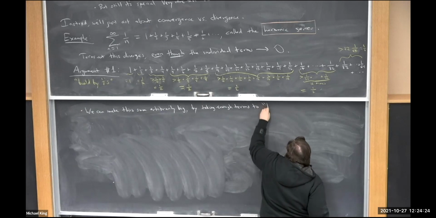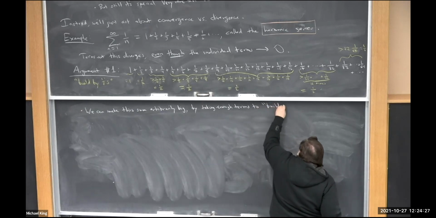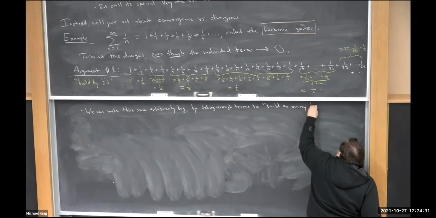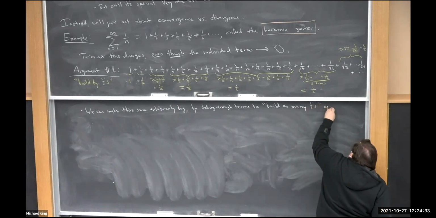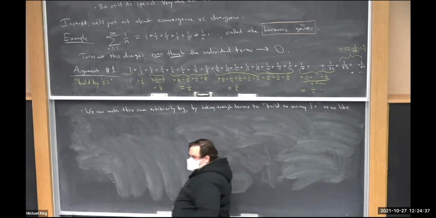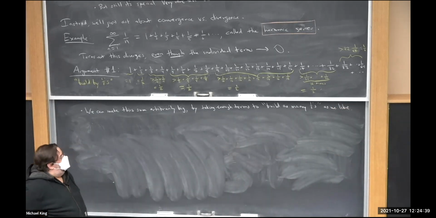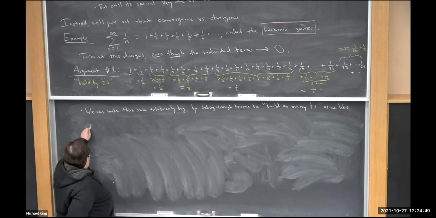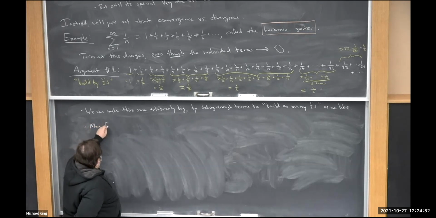To build as many 1/2s as we like. So that's kind of the argument that this diverges. I could be a little more formal if I want to, by saying, I think you could say a little more formally, you could probably argue